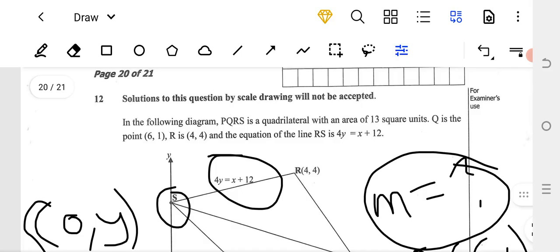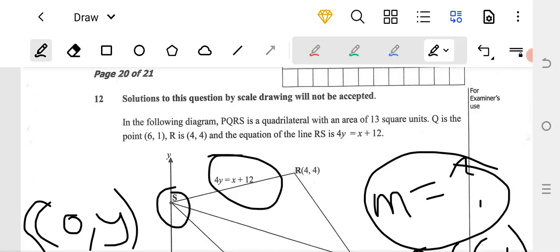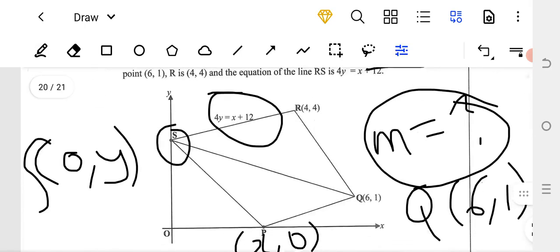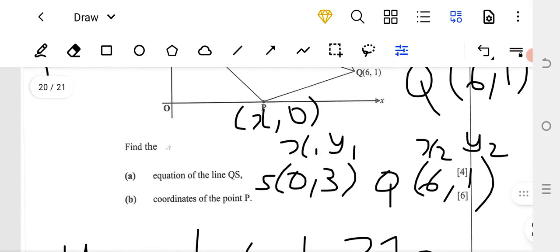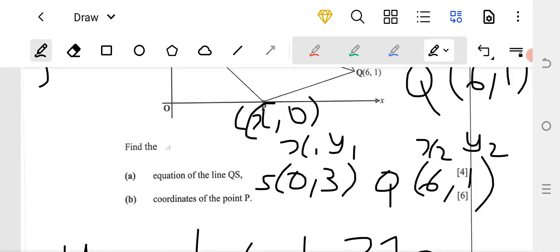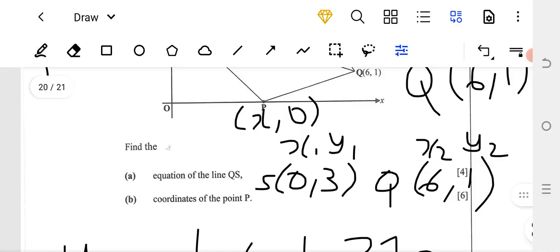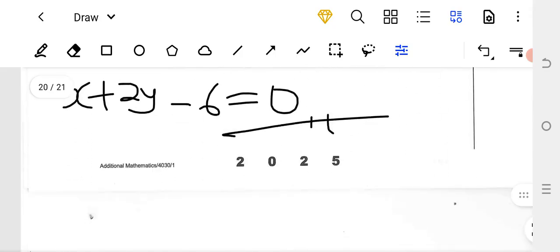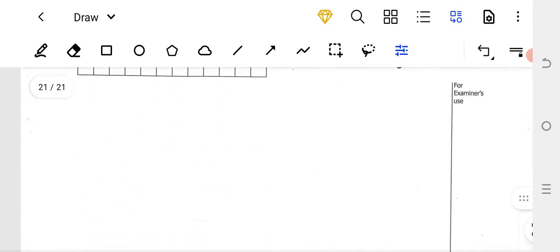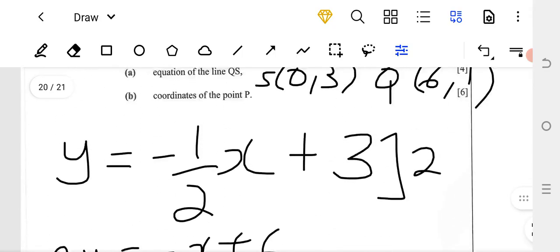And then the other thing we know is that the area is 13 square units. And then they're going to give us 6 marks if we find this coordinate here, (x, 0). They are going to give us 6 marks for doing just that. So let us do that, and let me show you that it was actually a very, very easy question. So first of all, we need to know